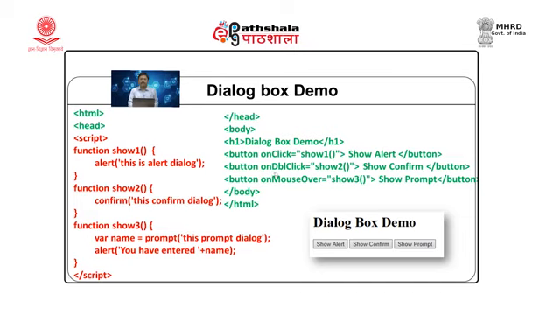So, here I write down ondblclick is equal to the function I want to call, which is show2 in this case. The show alert, show confirm and show prompt are the text for these buttons respectively. And I want to show a prompt dialog box when the user moves the mouse over the last button. So, here I handle the onmouseover event and I call the third function. So, this is how our function works.